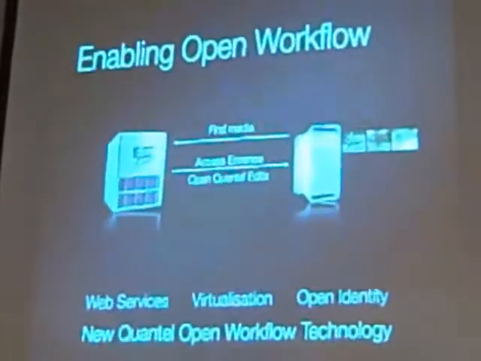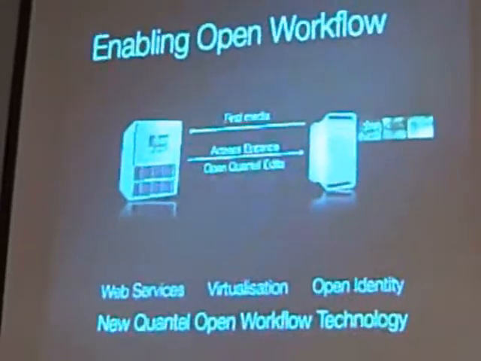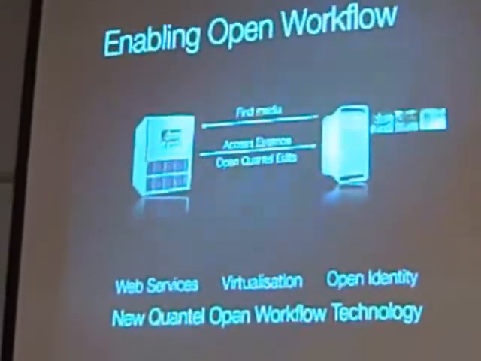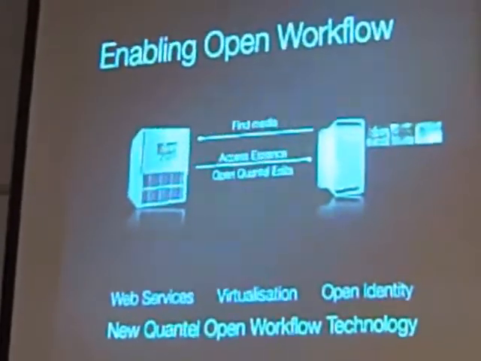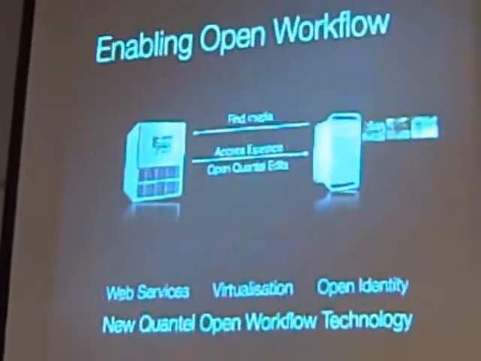Okay, but it's better than that. We found that file, and we've accessed it in Final Cut Pro. But actually, that file wasn't a flat file. It wasn't a rush. It was an edit that someone had made somewhere else in the system, maybe on a Quantel low-res editor. We can actually open the Quantel edits. So we're using this open identity idea to allow Final Cut Pro to look at the contents of the Quantel clips as edits and keep everything live. That's the key, keep it live. If you flatten, it's really hard to get that back and keep track of information.